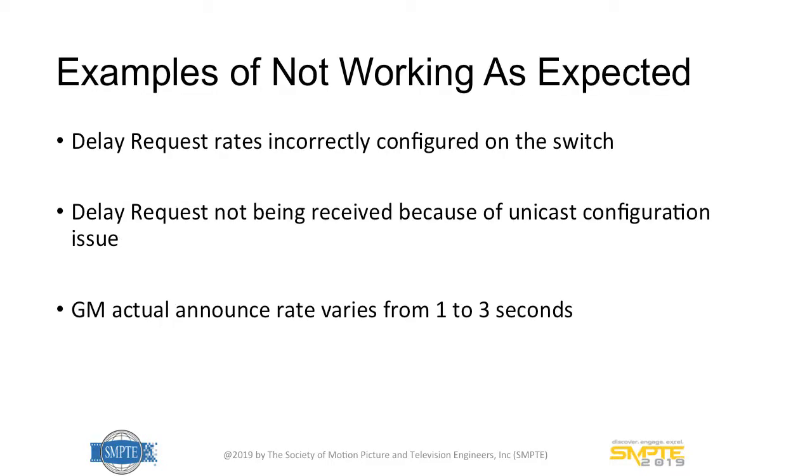So, some examples of where you'll see this happening. Say in the delay request, the default in media switches is 5, which is one message every 32 seconds. So you plug a device in, it'll only do a delay request message every 32 seconds. It will eventually lock up, but in terms of your expected design, if you wanted the network to lock up in less than 10 seconds, at one message per 32 seconds, that's not going to happen. You may have things like your unicast address misconfigured, so your device isn't sending the delay request, and so you're never going to measure the one-way delay. So there are some errors you can have.